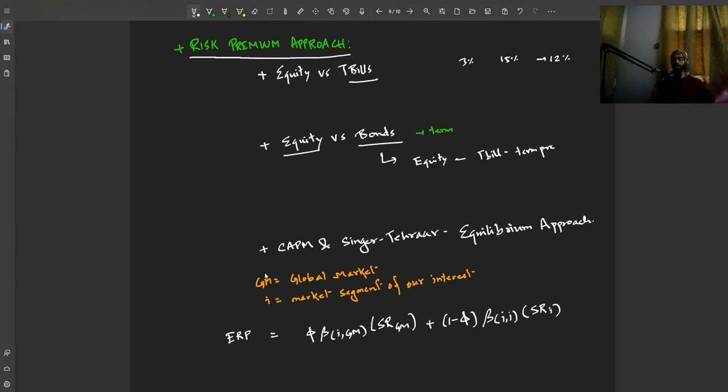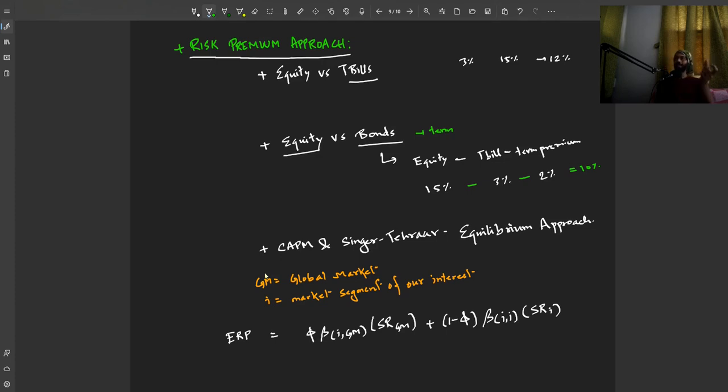So, 3 months versus 5 years, whatever the excess term premium is there, you subtract that further. Let's say for a 5-year bond, the term premium is 2%. The T-bill rate is 3% and the equity's required return is still 15%. So, in this case, the value is 15% minus 3% minus 2%, which is equal to a 10% equity risk premium,